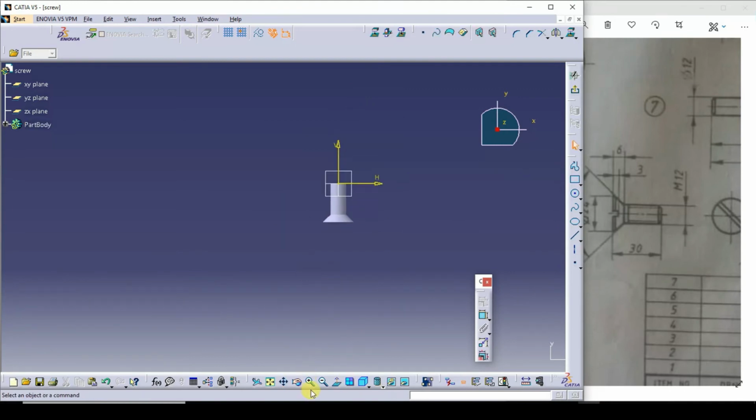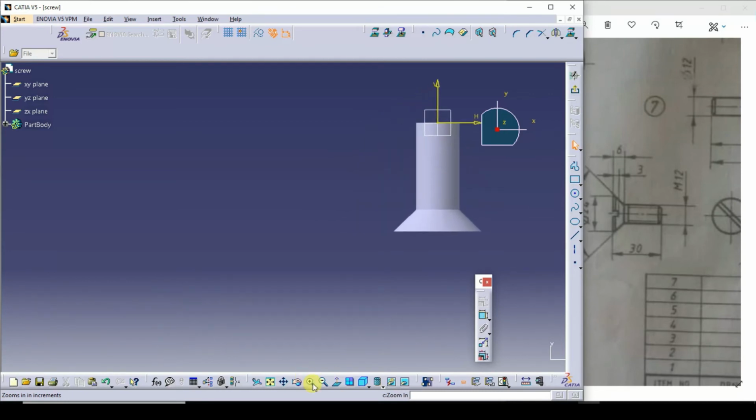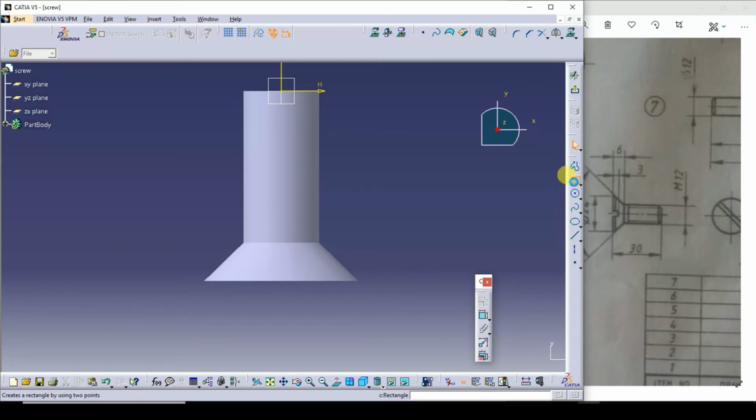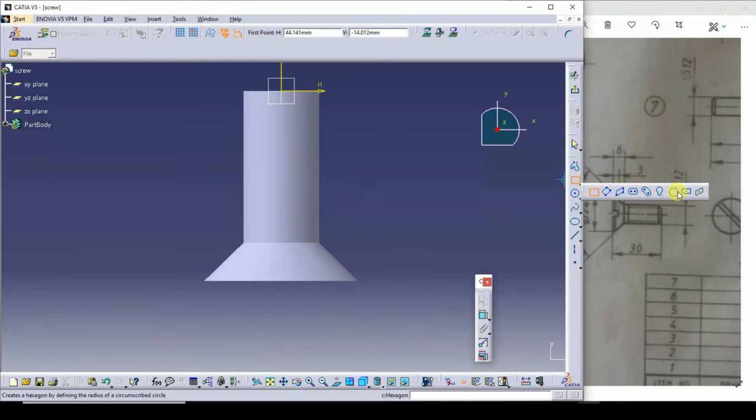I'll zoom this. So I'll go for this rectangle. I'll take centered rectangle, so that the center of the rectangle will lie on this.